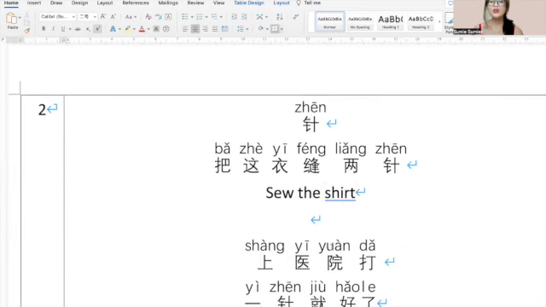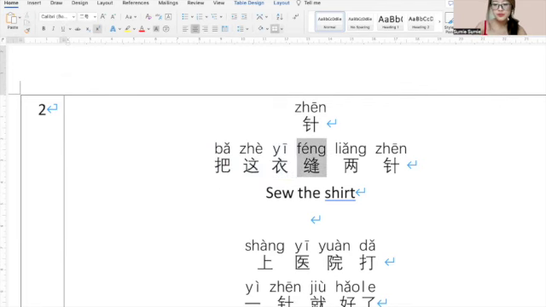used as a noun, it is needle. When I use it as a measure word, it is describing the action sew, a measure word of the action sew, okay? So for example, Sumie's shirt is broken. Could you please help me to sew it? Then I would say,